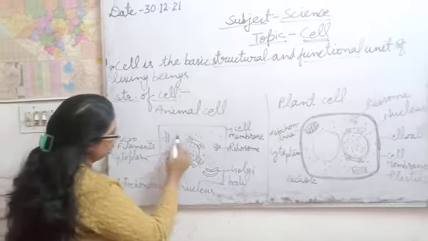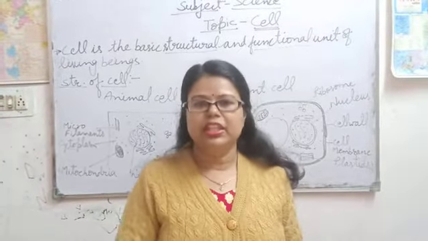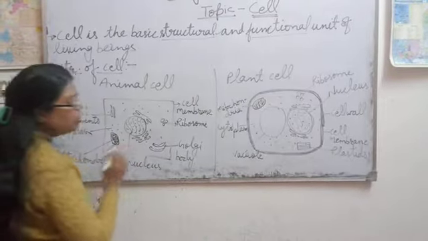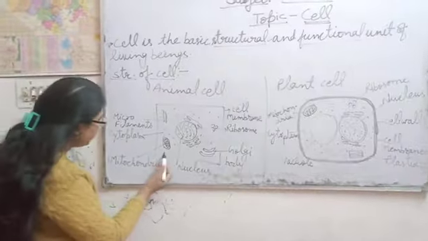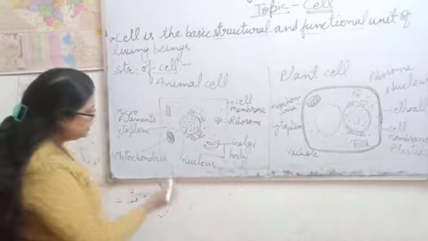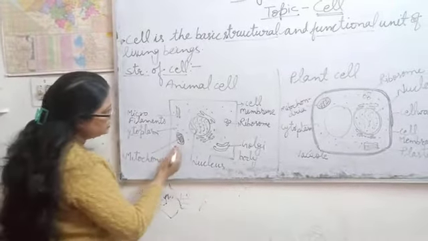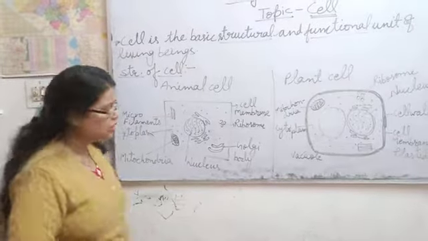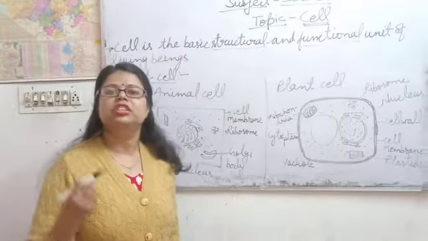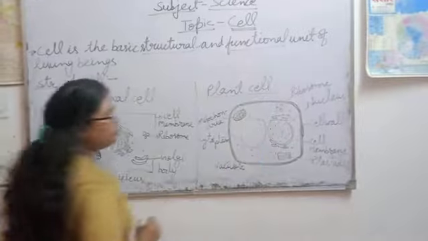In the cytoplasm, there are so many tiny structures present. These tiny structures are called cell organelles, like mitochondria, microfilaments, ribosome, Golgi body, and many more. These cell organelles have their specific functions. When these cell organelles perform their specific functions, then a cell easily does its function for the survival of life. Now we see what the structure of a plant cell is.